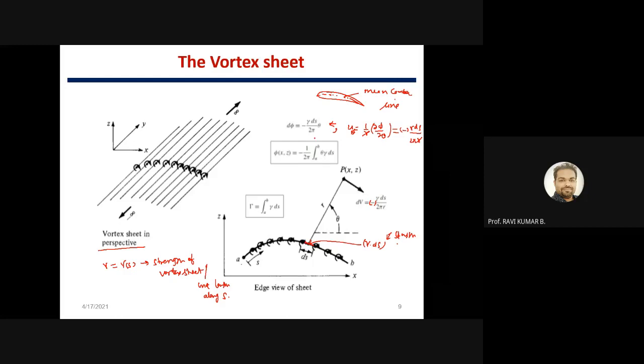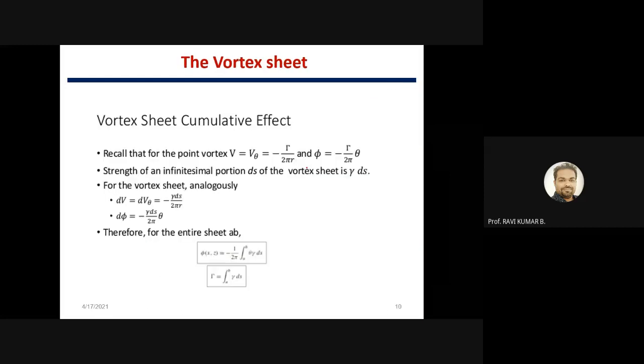So this equation that you are getting, we will basically be using in the classical thin airfoil theory. The purpose of this is we are reducing the thickness of the airfoil and we are just replacing the complete airfoil by a mean camber line. This concept is basically called thin airfoil theory concept. So this equation, particularly phi that you are getting, will be useful in classical thin airfoil theory, right? So that's the one thing. So vortex sheet is also over.